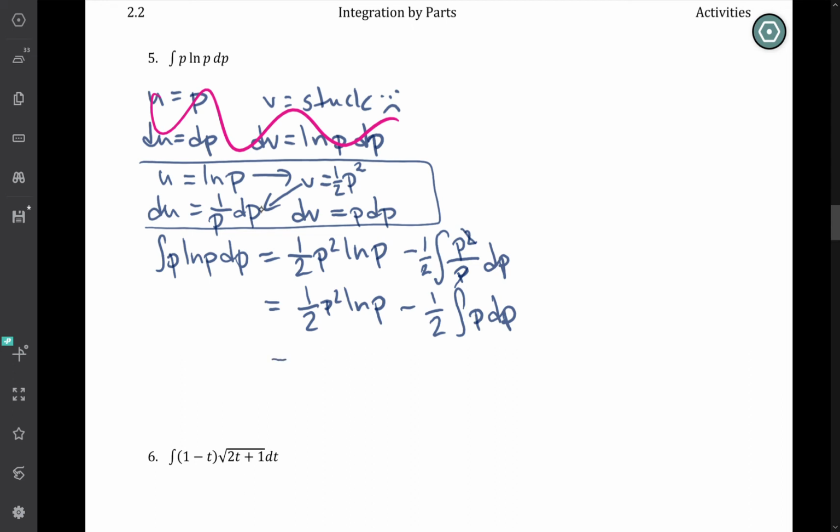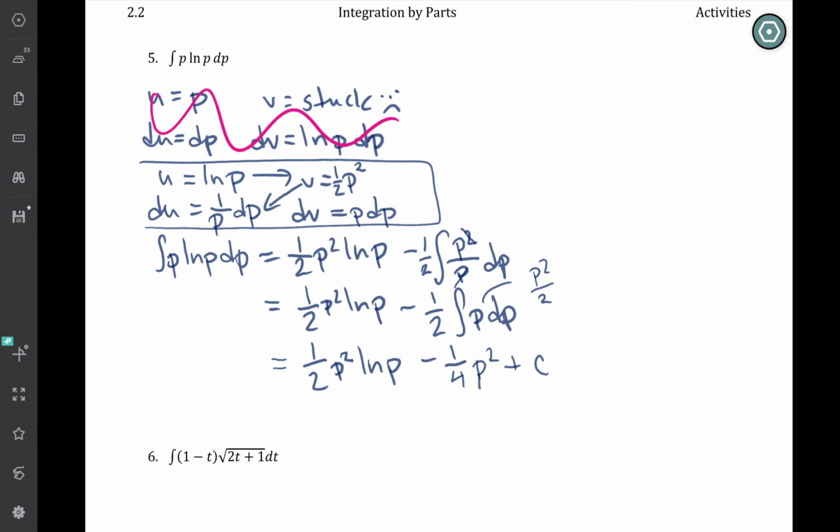And, okay, so I think just one more step. The 1/2 p squared natural log p minus 1/2. Okay, the antiderivative here is going to be p squared over 2, so it's actually going to be 1/4 p squared plus c. So even if it seems like it might be a bad idea, often when you have products, making the natural log your u can make things work out really nicely. The integral of p ln